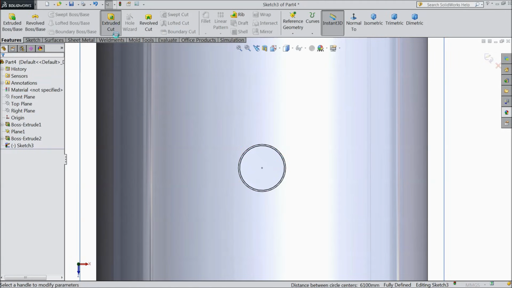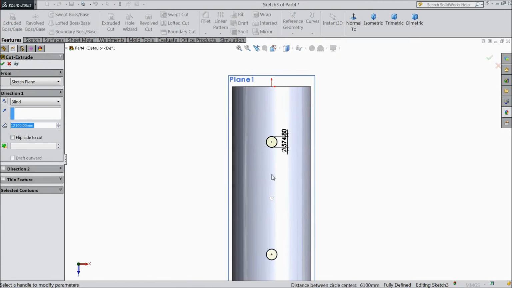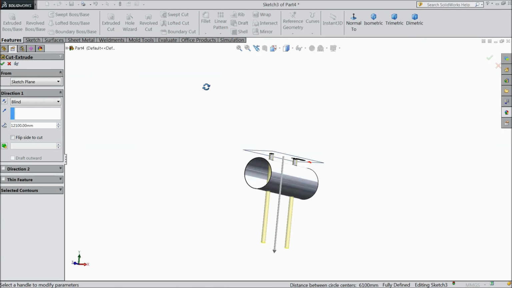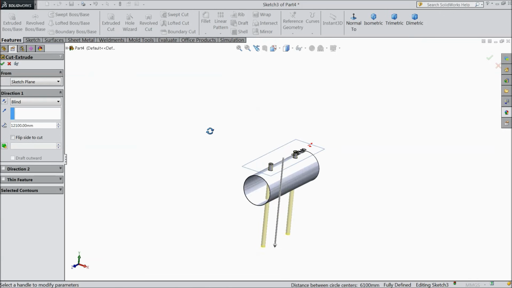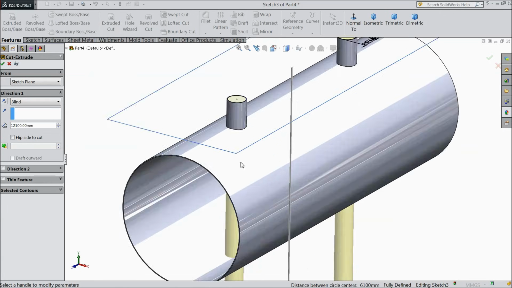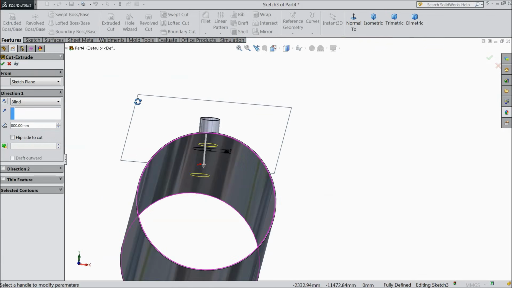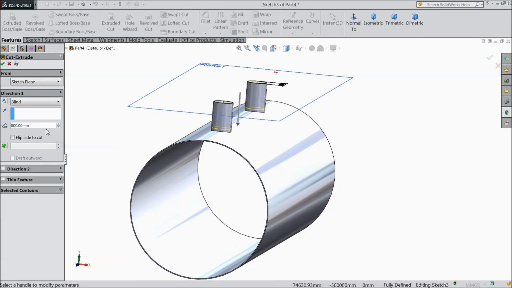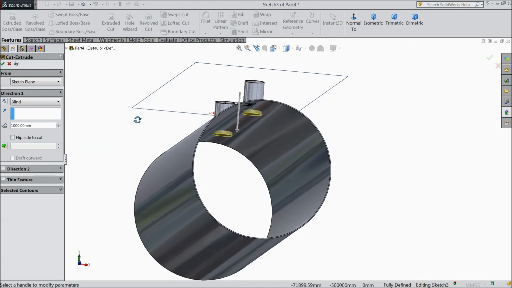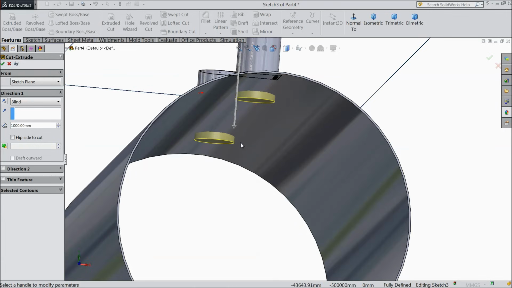Now select extruded cut. Here we want to create a hole, not a through hole, we want to just penetrate this shell. So keep 800 mm. It is also far. 1000 mm. See here, just inside the shell.